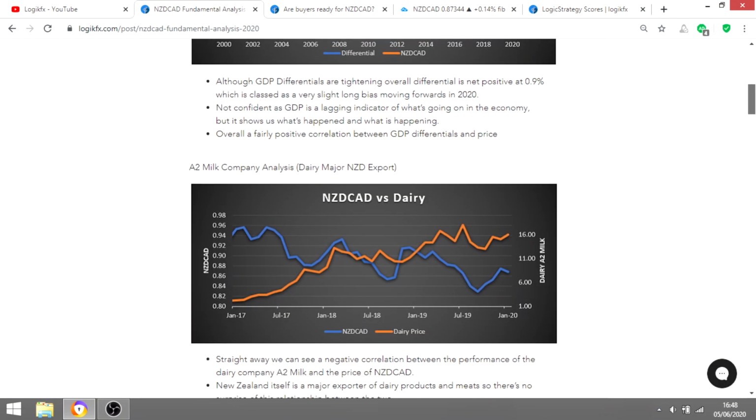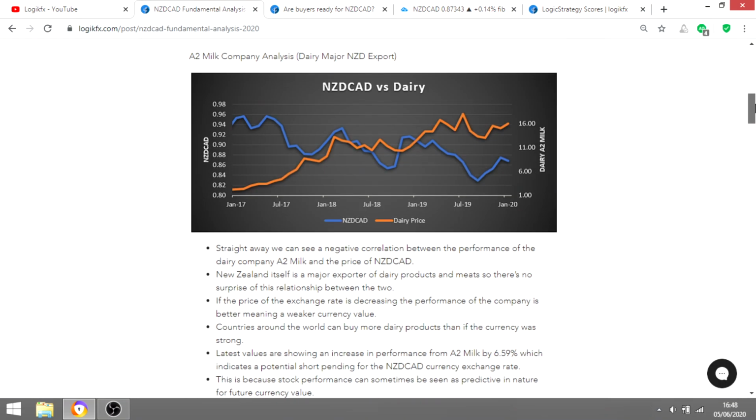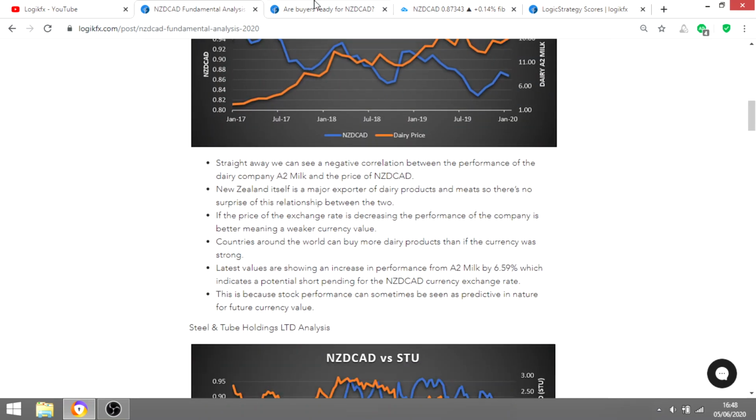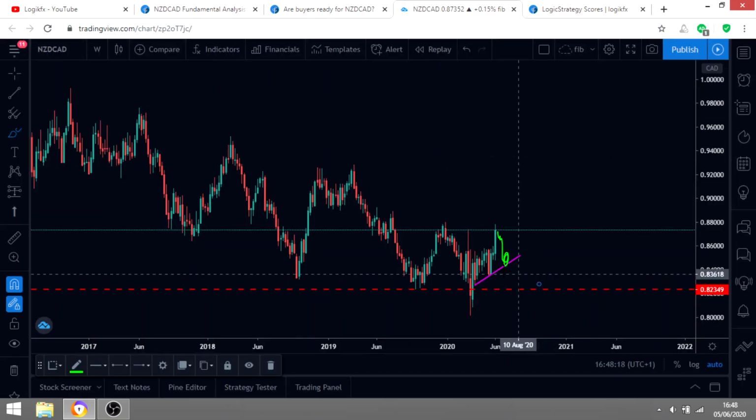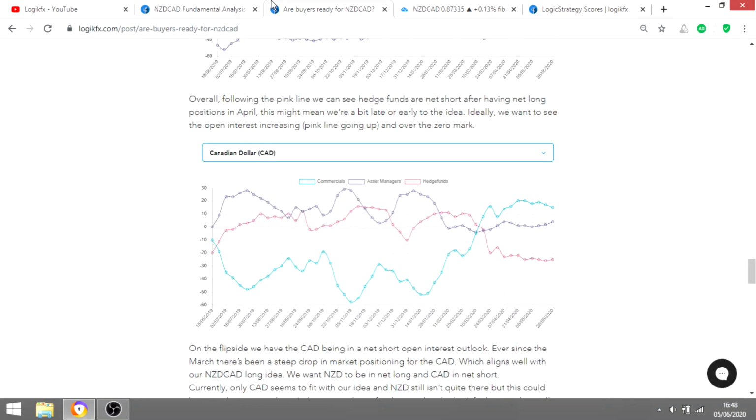It helped you get a good idea of what we're about, what the analysis is about, and how we're generating these ideas, and potentially keeping an eye on this NZD CAD position, because it could be a good one. But keep an eye on it. We don't want to be set in stone. We don't want to love our trade ideas so much. The data might change in the upcoming months or the upcoming weeks, and we want to keep an eye on that data. And we may potentially be saying, oh, this is not a good time, this is not a great time, especially considering actually